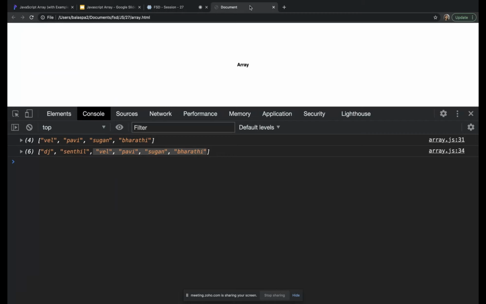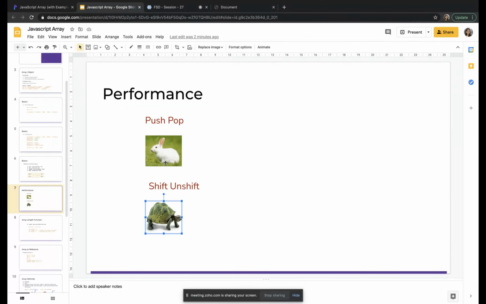So after using them, you need to say the index will get changed. As she said, that's where the names shift and unshift come from, because it is shifting each element.